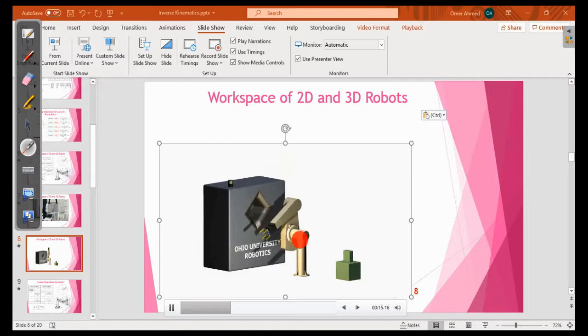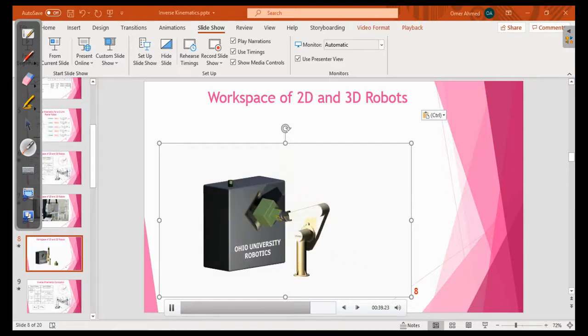Okay, if we want to have more joints, then we'll have what is called a redundant robot. Well, we can think of some examples of redundant robots. Let's think of a human arm. We are not going to talk about a robot arm, let's think about the human arm. If you think about it, it has 7 degrees of freedom.